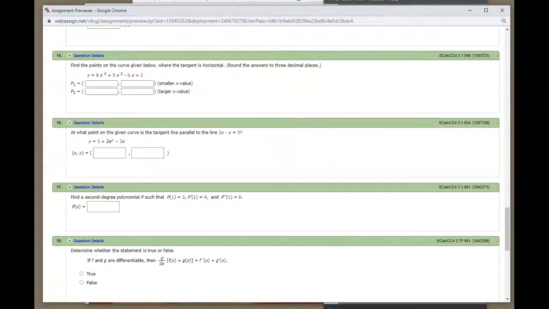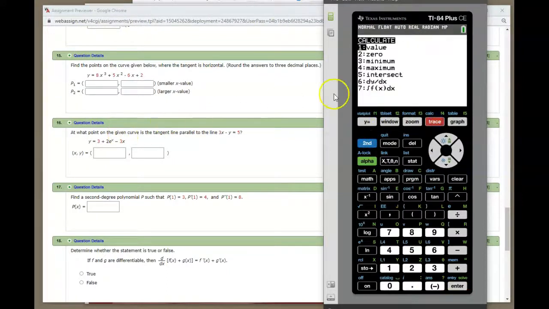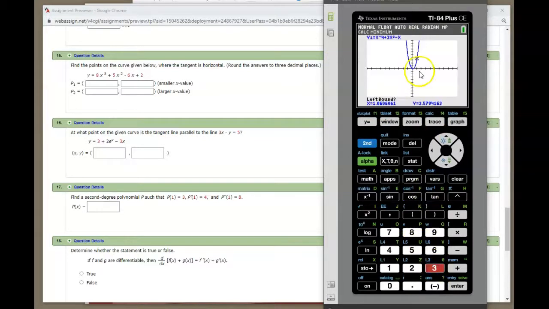Horizontal tangent lines, if I wanted to here, I could find those. Second calc, without putting that one in for you. On that one, I know I had a minimum, so I'd put in minimum. I wanted a left bound of maybe -2, and I could trace over there. So once I have -2, I really could trace over there and just get past that minimum and hit enter. And it doesn't matter what the guess is. So enter a guess in, and the minimum occurs at